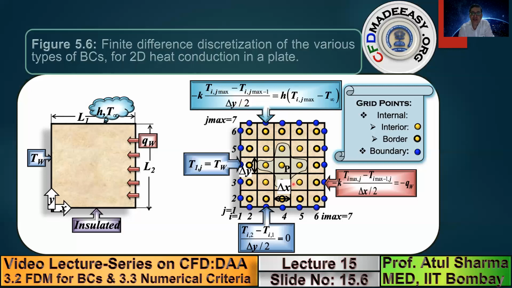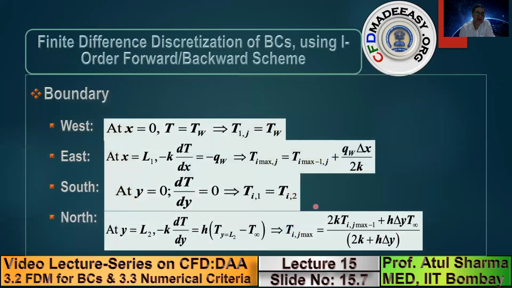Note that in this slide, we are using a first order forward or backward differentiation. You can also use a second order scheme, which I had presented in the topic on finite difference method, to get a more accurate implementation of the boundary condition. So in this slide, I have shown you the expression, but the final expression that is used to calculate the blue circle value will be presented in the next slide, which is here.